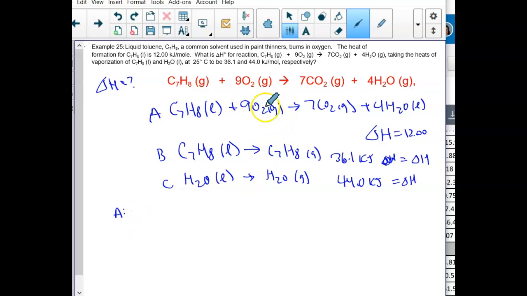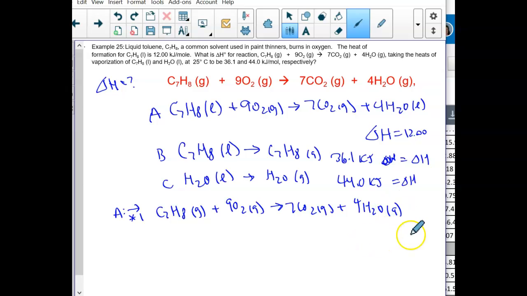Well, I need oxygen to be on the side of A, carbon dioxide and water to be on the same side they're currently on. So I'm going to keep it forward, and I'll multiply by 1, because I have 9 and I need 9. So we're going to take C7H8 gas plus 9 O2 gas going to 7 CO2 gas plus 4 H2O gas is going to give me a value of, I apologize, I did that wrong, C7H8